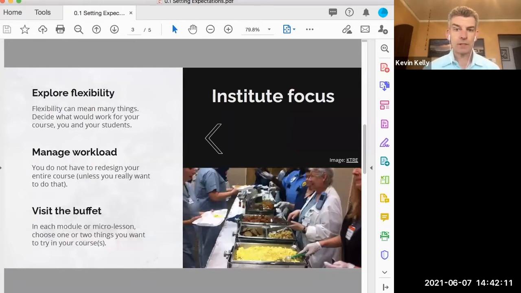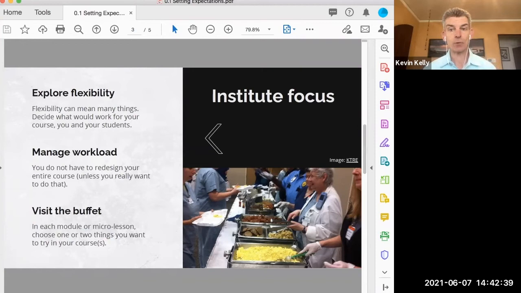The focus of this institute is to explore ways to increase flexibility in our courses. That means different things to different people. Some of you may be focused on managing multiple technology platforms or managing multiple learning modalities at the same time. Some of you want to know how to make equivalent learning experiences for people in your classroom and people learning from home. As a group, we have a range of different goals and needs.